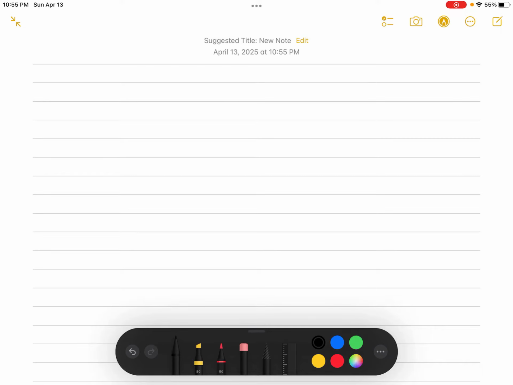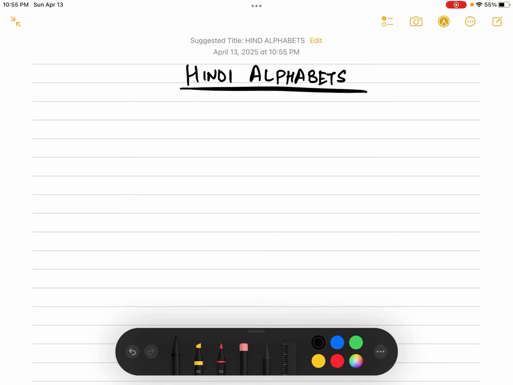So, okay, I hope I can keep the pace. And let me teach you with Hindi alphabets, or we call it Varnmala. Hindi alphabets. And just as in English, we have